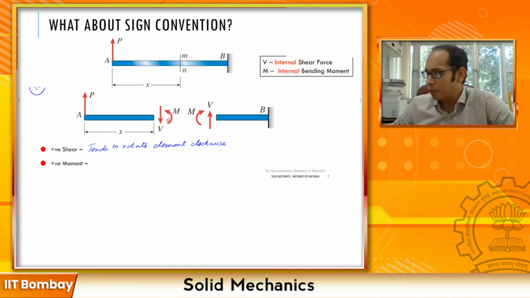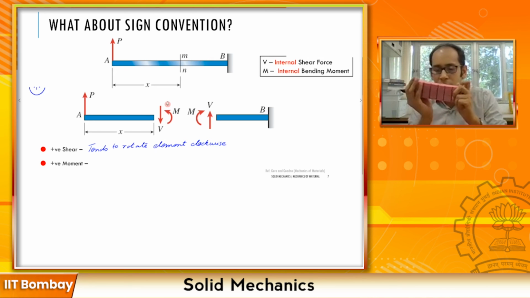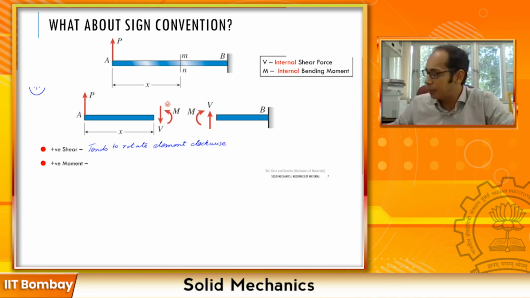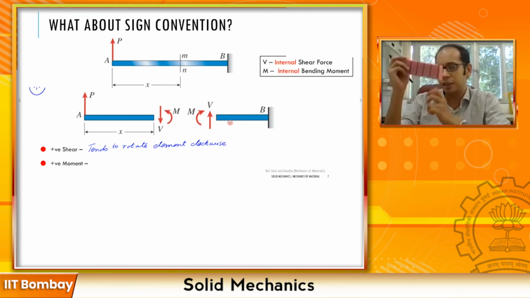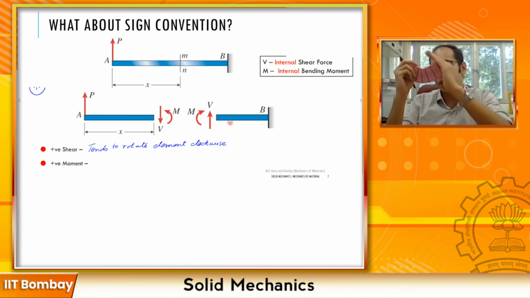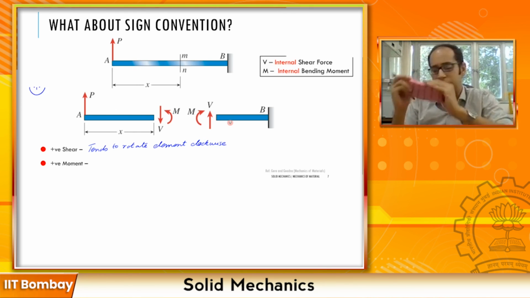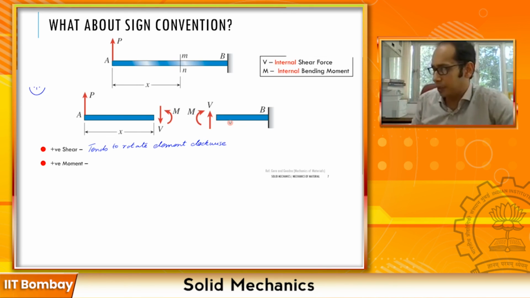So this bending moment over here tries to turn my beam into a trough, or it causes a sagging kind of phenomena. Similarly, this bending moment over here, the equal and opposite one which is acting, this also tries to convert your beam into a trough. So in this particular case, if this is my clamp end B, I'm also having a sagging kind of moment over here. So a positive moment is the one which tends to